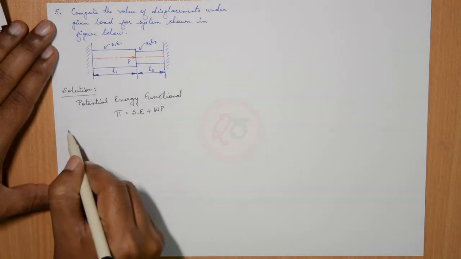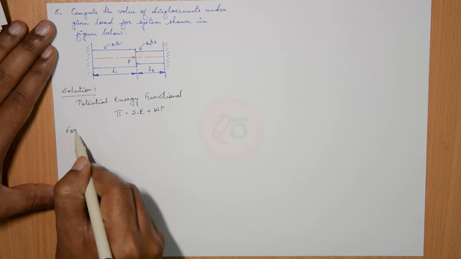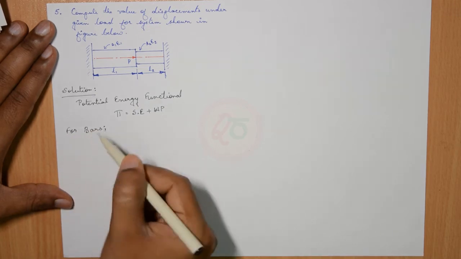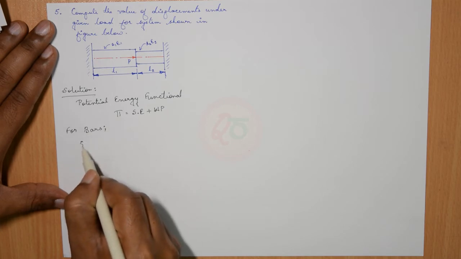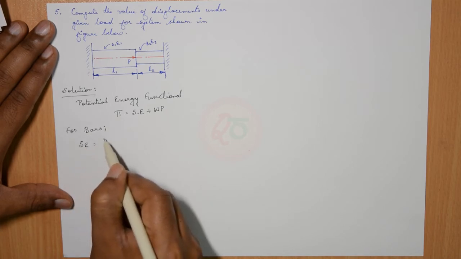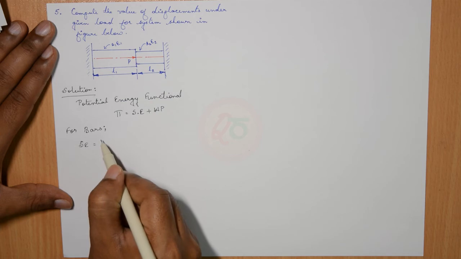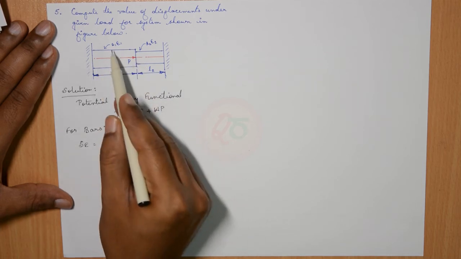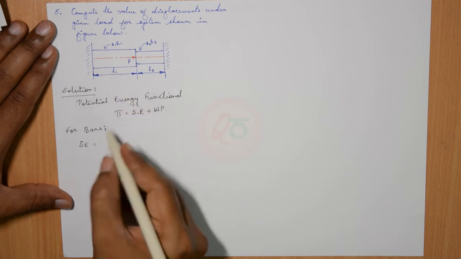For bars, we know that strain energy is given by AE by 2, but since we are considering the first cross section wherein A1, E1 and L1 is the length,